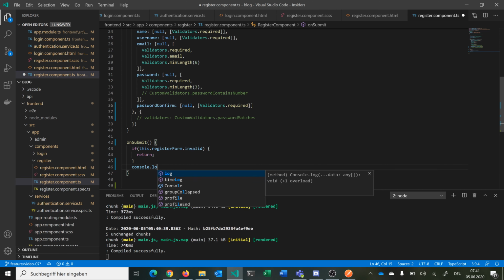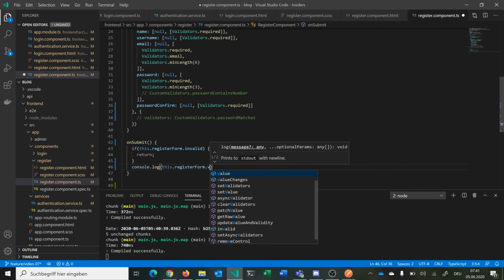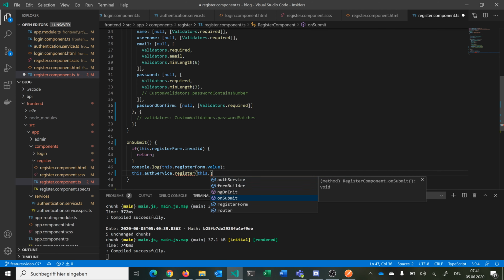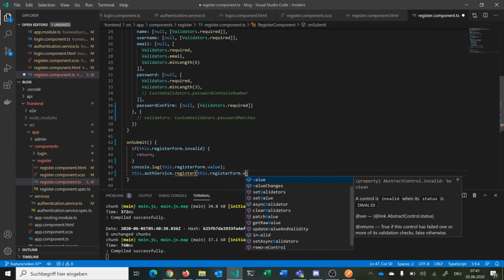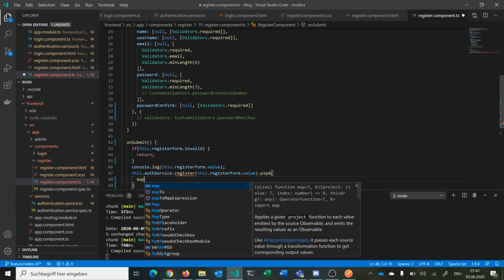So to see this, we can just console log this register form value, and then we can go against our auth service and use our register method. This is not here, we will do this in a second. And then we want to pass in our register form value,